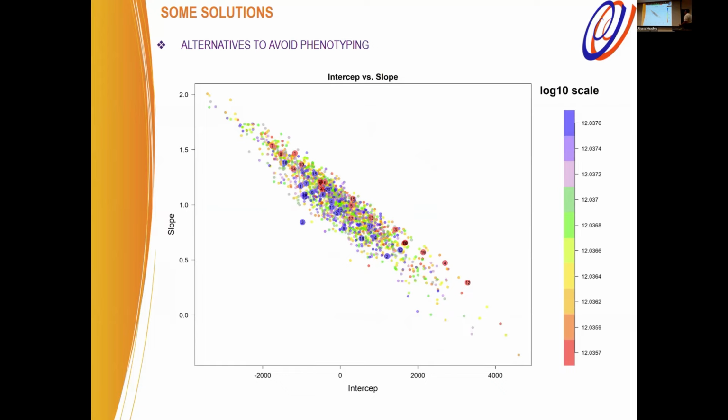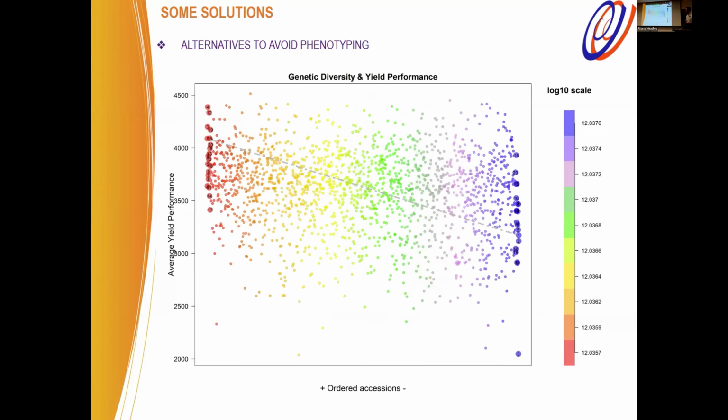When we compare with the stability parameters, intercept and slope, we have something like this, a little weird behavior, because we have the most diverse above a specific diagonal and the least diverse on the other diagonal. So we couldn't find a specific clear pattern.